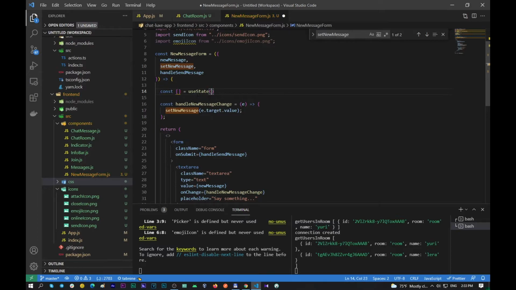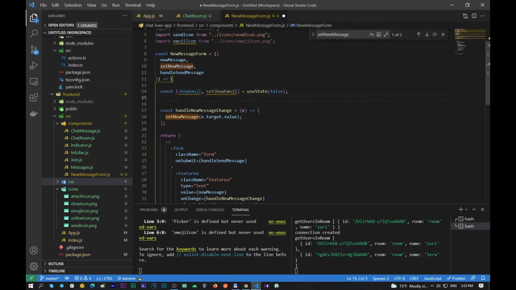Well, we put show emoji, set show emoji. And we use false in useState. So the next const that we need, const handleEmojiShow